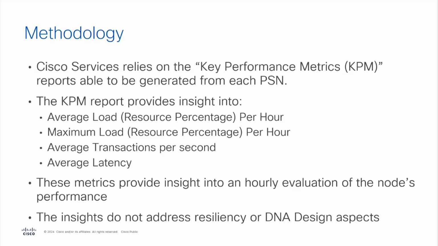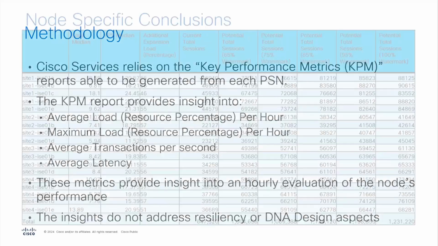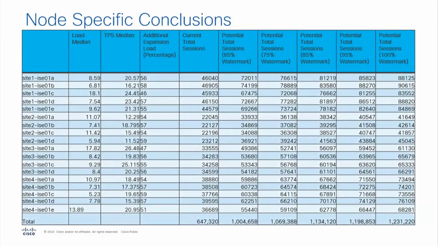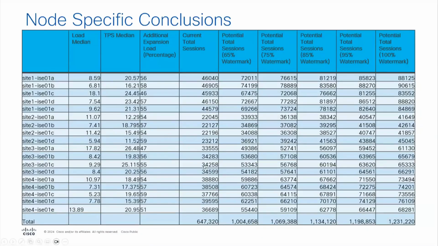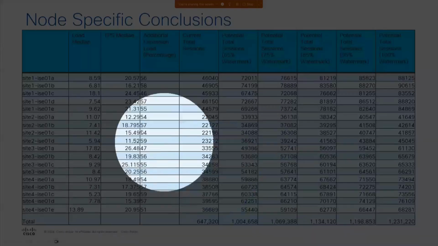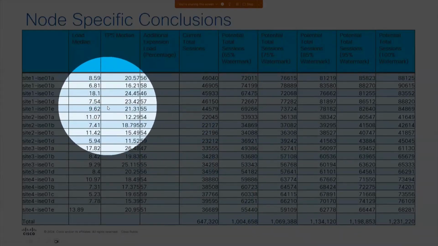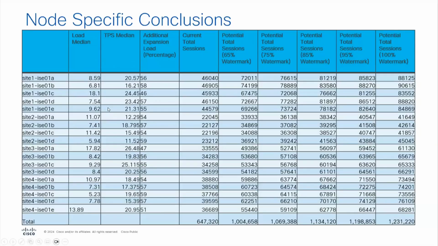And this takes a little bit of munging. It takes a little bit of additional work that needs to be done, but you can essentially do the active sessions report and the KPIs report and compare them side by side to say this PSN currently has 65,000 or so sessions, and you'll see that in this column here, the current total sessions. And then you can compare that against my load or my transactions per second load. And I can say, okay, if I extrapolate upon this, now if I assume that at the current load,